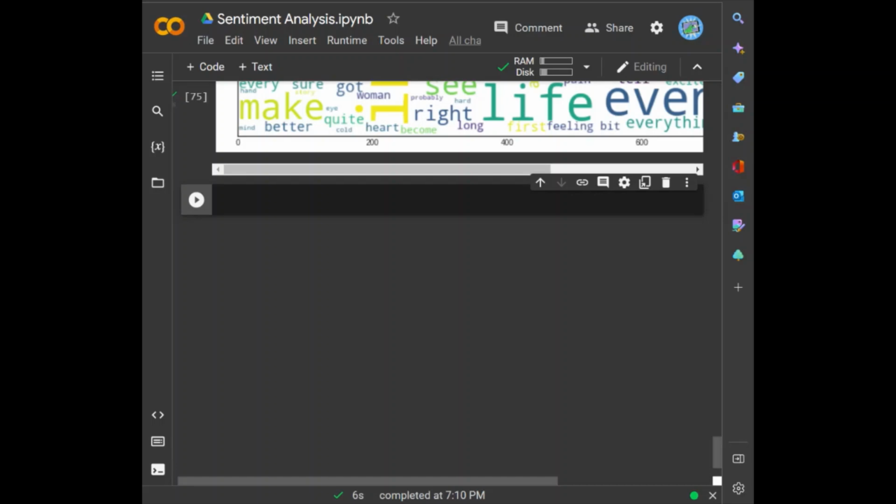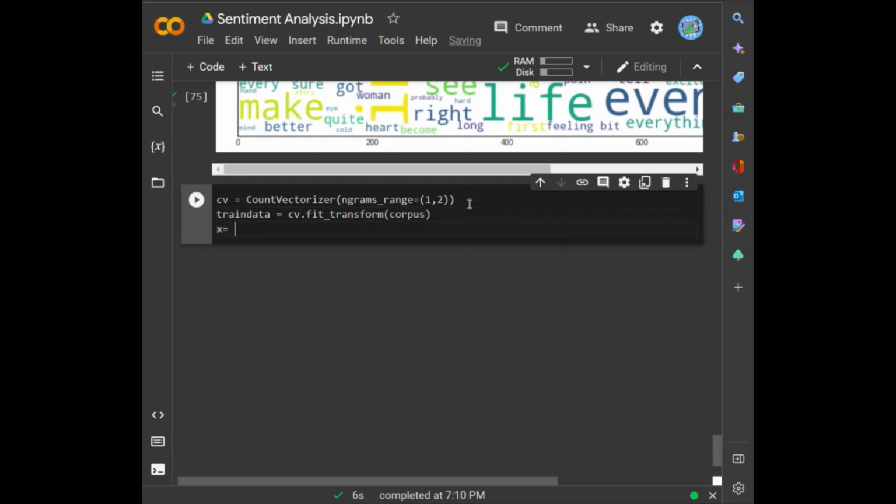Now we will convert the text data into vectors by fitting and transforming the corpus that we have created. For that, we just type CV equals CountVectorizer. We have ngram_range, and I'm going to specify (1, 2). Train data will be basically cv.fit_transform, and we are going to pass corpus,